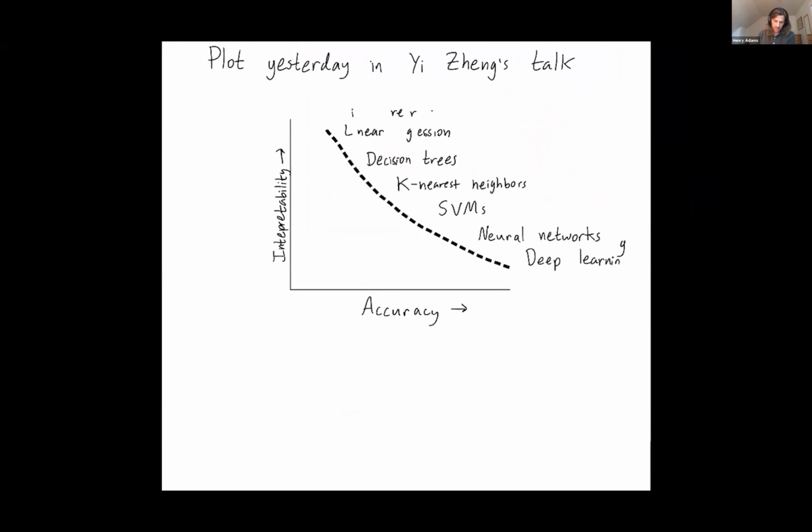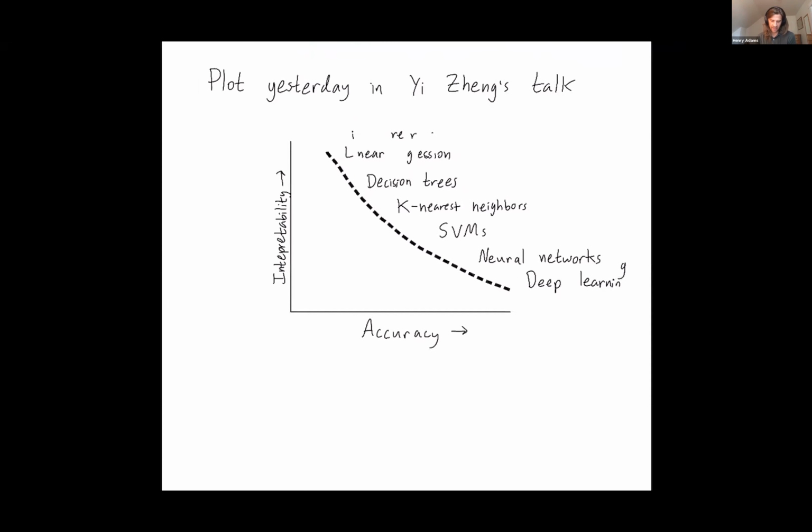I enjoyed this plot in Yi Zhang's talk from yesterday, where he described this trade-off that's not always there but is sometimes there in machine learning algorithms. I apologize that my text has gotten corrupted, but sometimes there's this trade-off between accuracy and interpretability. My work has mainly been on these easier-to-interpret machine learning models. But folks in my area have also studied how to input persistent homology into neural networks and deep learning as well.